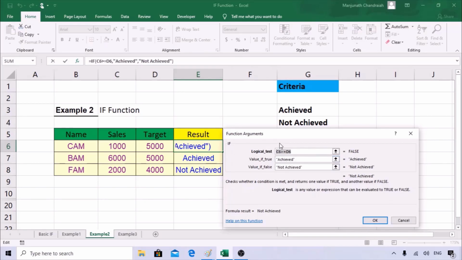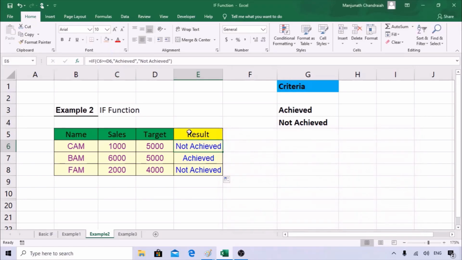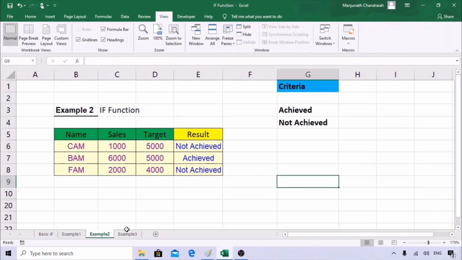Typing manually may work sometimes, but if you are using multiple functions as we go further, sometimes it may not work. Doing it manually from here is also helpful. So you understand this, guys. We are using two criteria. Earlier it was one criteria, but here we are trying to check two cells, then get the result.